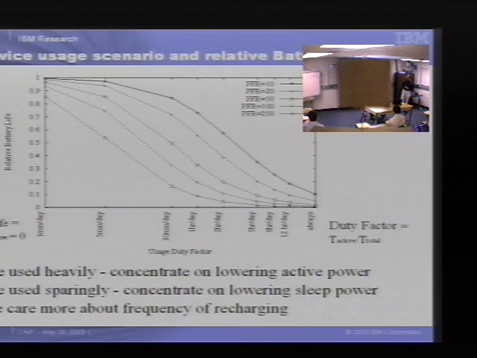And if you look at the duty factor, or the relative usage scenario, so this is what I said, if you don't use the device much, the relative battery life is very high. So this on the x-axis here is the duty factor, which means essentially, given a total amount of time, the fraction of time the device is actually active or being used. So there's nothing really